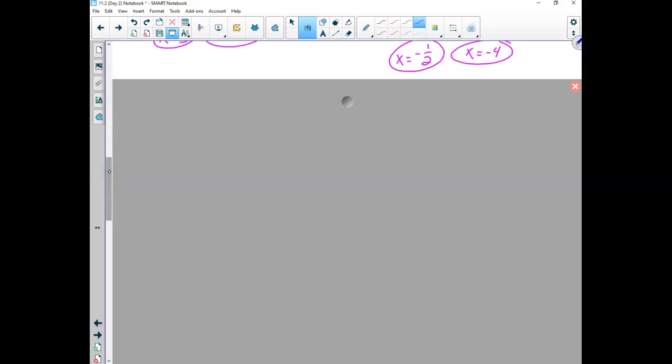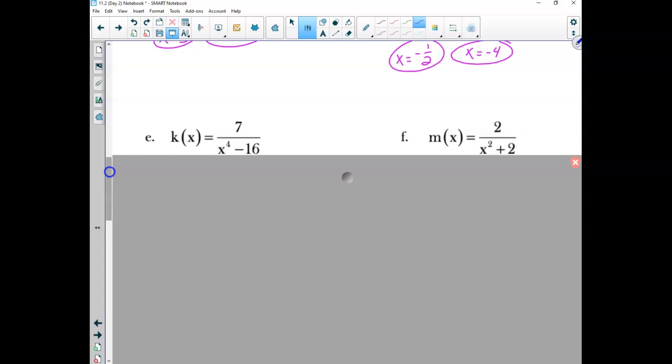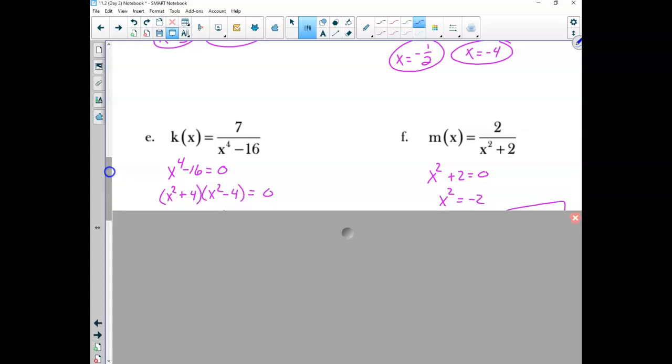And we're moving right along here. And this next one's kind of fun. That x to the 4th minus 16. So I take that whole thing, set it equal to 0. Remember, we need to factor, because if you don't factor, I already know people are going to lose some of these asymptotes. This could have as many as 4, but x to the 4th minus 16 factors